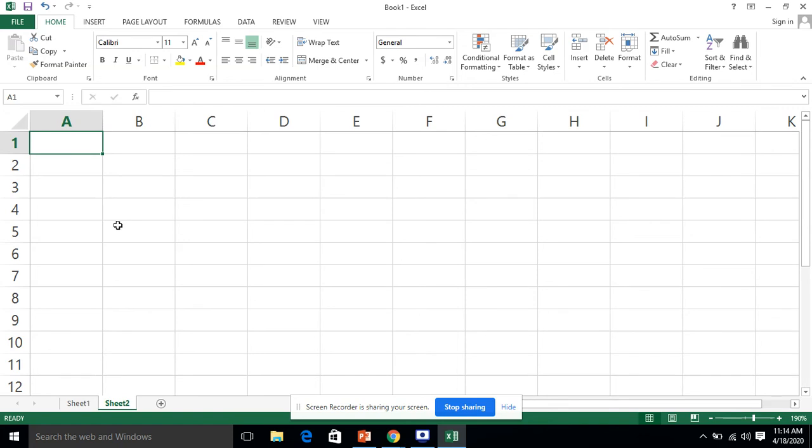Flash Fill is given on page number 32. For example, this table is given in your book, by the way. Last name, first name, middle name.